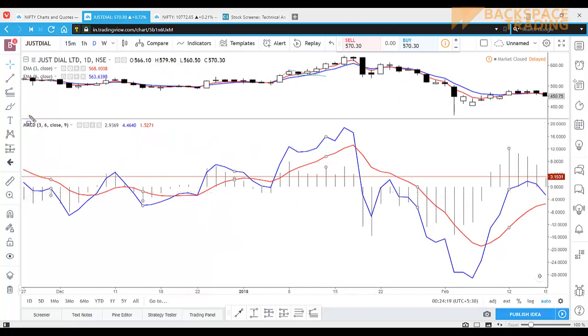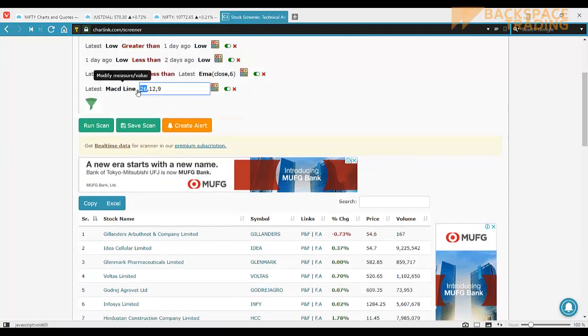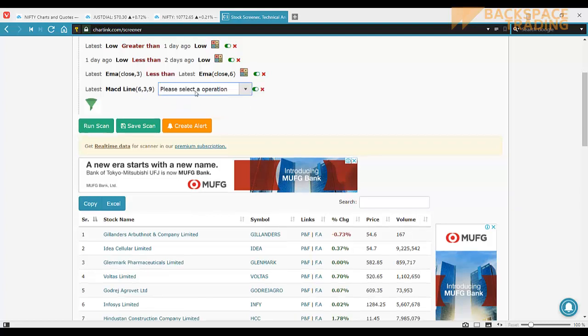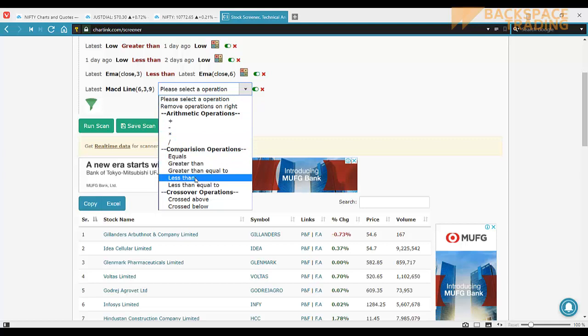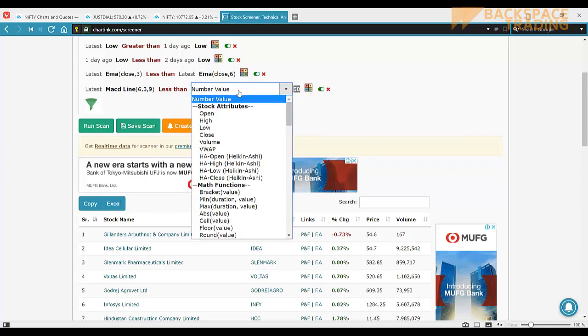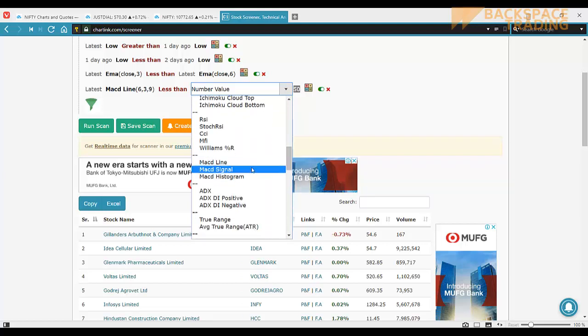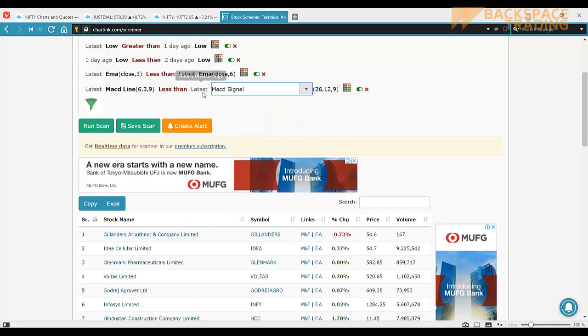The 3 and 6 have to be plotted. For that I am going to edit. This will not be 3 here because it will be inverse. So the 3, 6, 9 line is less than. Why less than? I need the signal line to be above me. I'm going to go down to the signal of MACD. It is latest, of course. Again, once again I'm going to do this, 6,